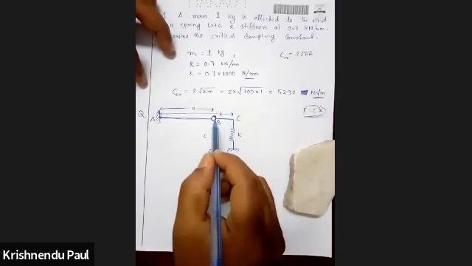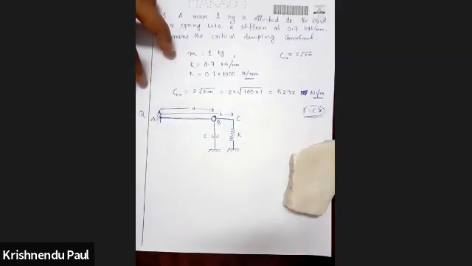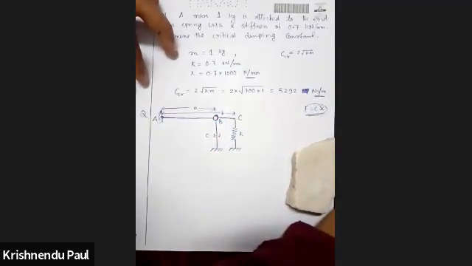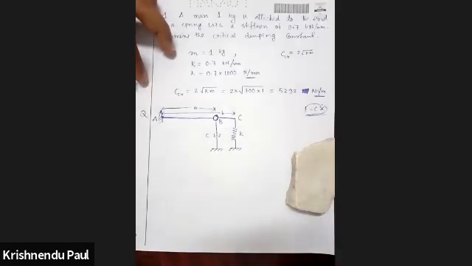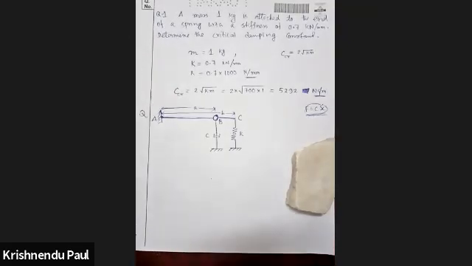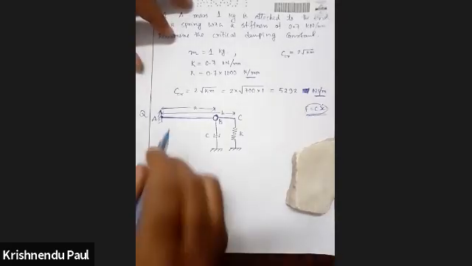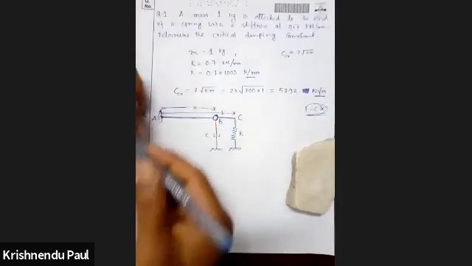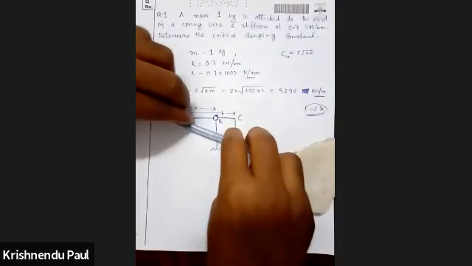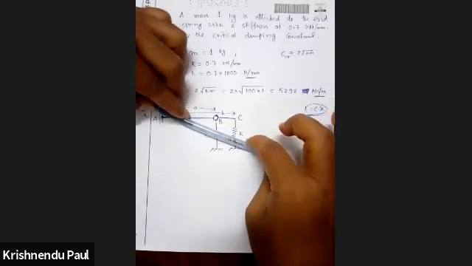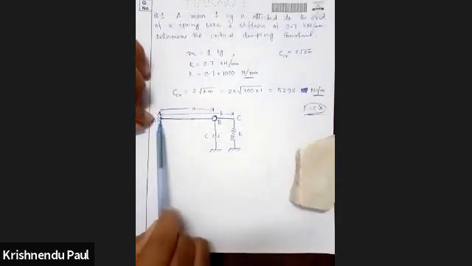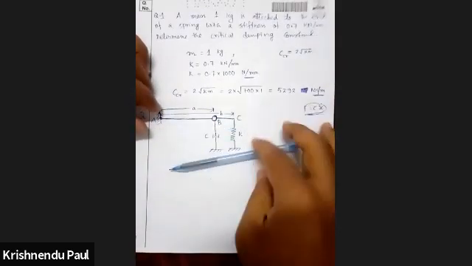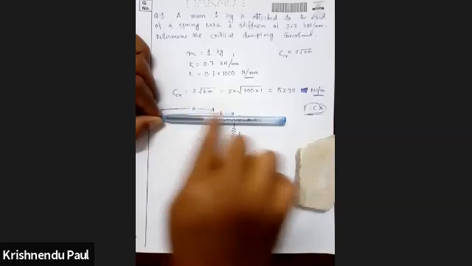So here we have to write the equation of motion, right? The first question is to write the equation of motion, and the second is the natural frequency of this vibration and the critical damping coefficient for this case. Now, as this bar is a rigid bar, whenever it vibrates, it will be straight. It will not be bent like this. It will be straight because it is hinged at this support, whenever it goes in the upward or downward direction.